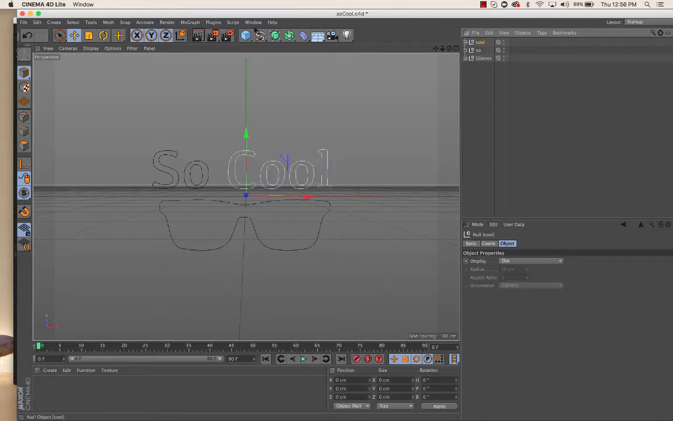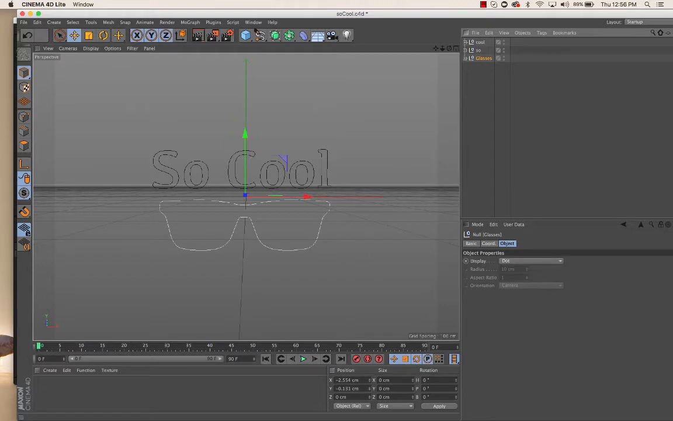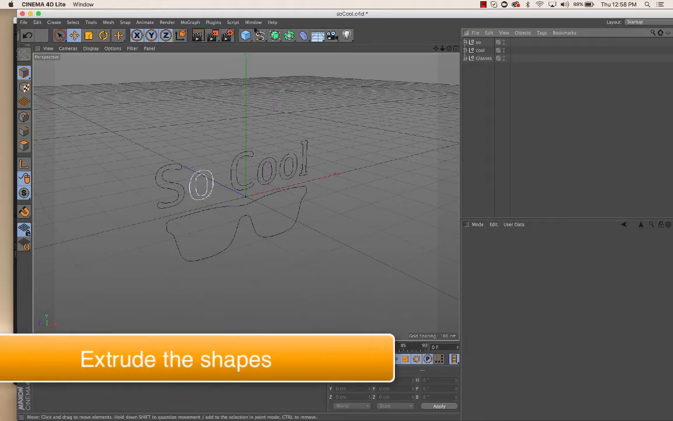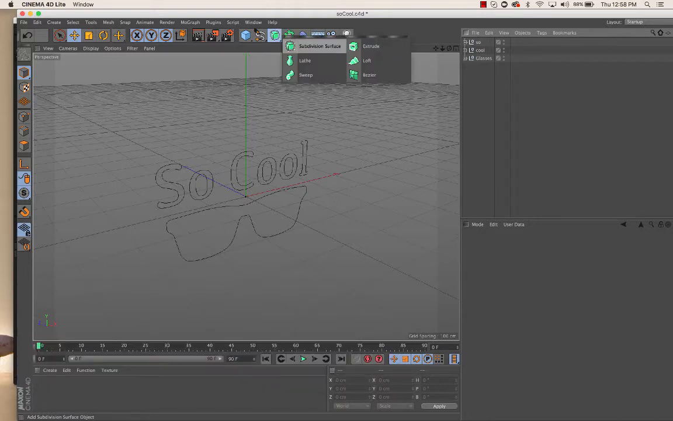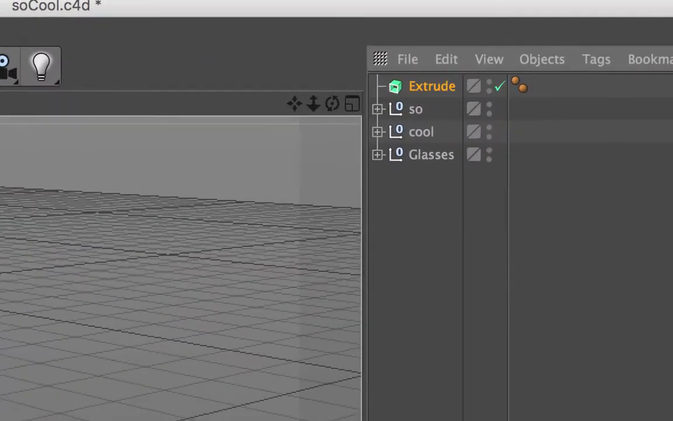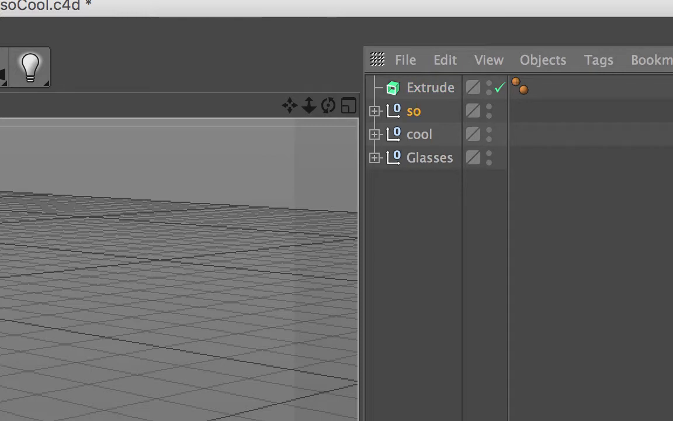So I now have my paths organized in a structure the way that I want to animate them. The next part is to use the extrude tool and make them into solid objects. So up here under the 3D tools we have the extrude tool. So I'm going to put an extrude in here and drop the So group into extrude. So you can see that's dropped underneath extrude now. Now if I click on extrude,